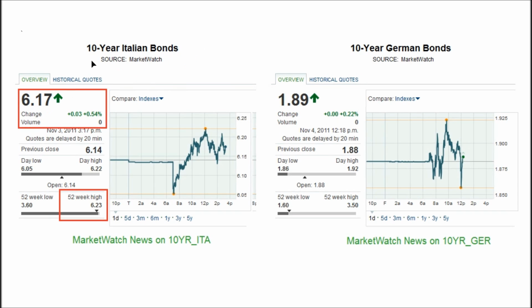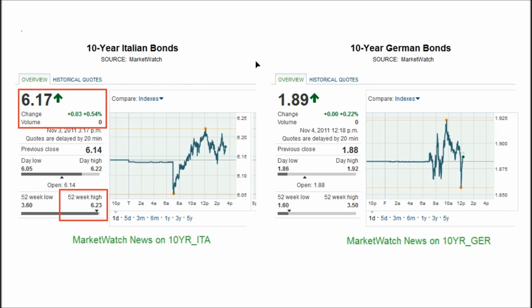The concern here is this is the yield, so the interest rate on an Italian bond. It's over 6%. The benchmark, the safe bonds in Europe, are German bonds. It's under 2%. So what does this tell you? It tells you that participants in the marketplace roughly believe that the probability of default for Italian bonds is 300% greater than Germany defaulting. That is a huge, huge spread. And this signals there's a problem. So this is a threefold increase.